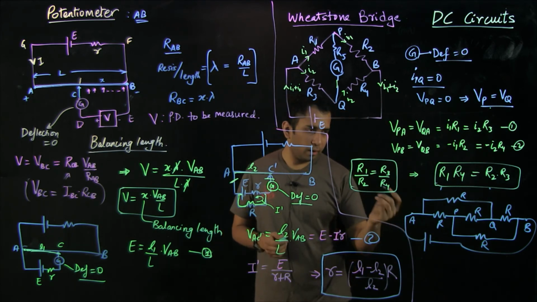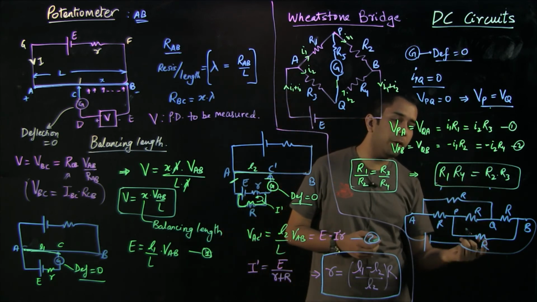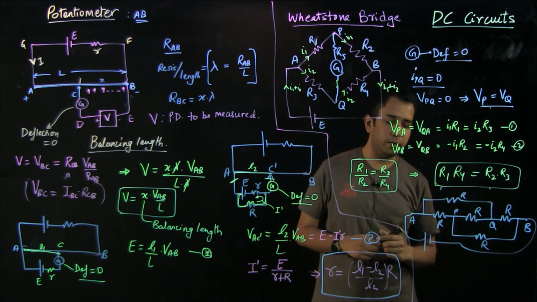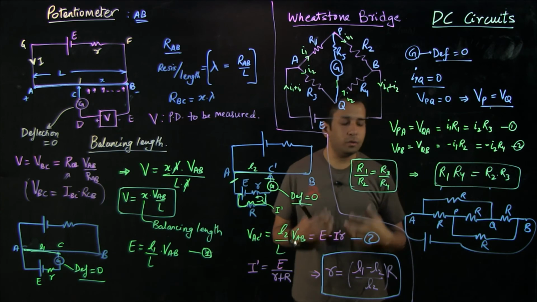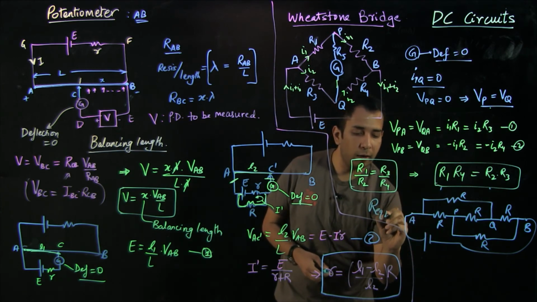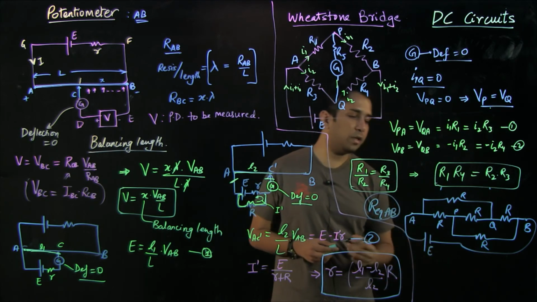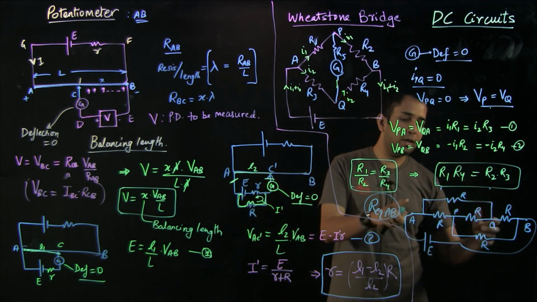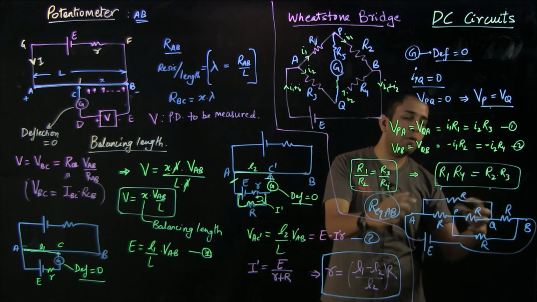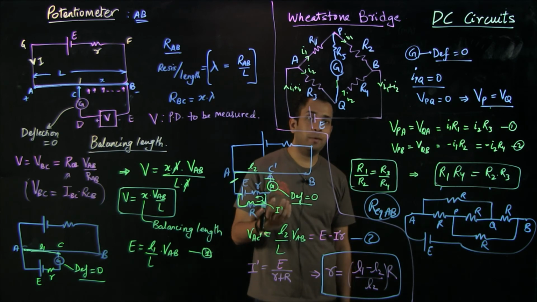Recently I discussed with you that I can either remove PQ or I can join PQ. So let us do the question by both methods. The first intuition for such a problem is to find the R equivalent across AB. I know there's an E there, and my first intention is to find the equivalent resistance so that I can compress and simplify the Wheatstone bridge present between points A and B. So let us do it by both methods.